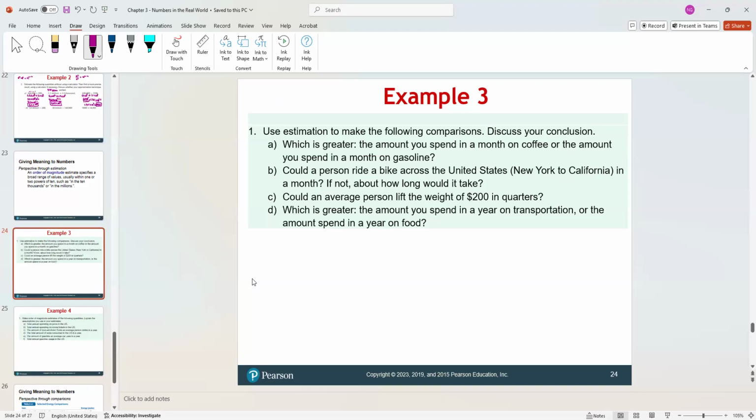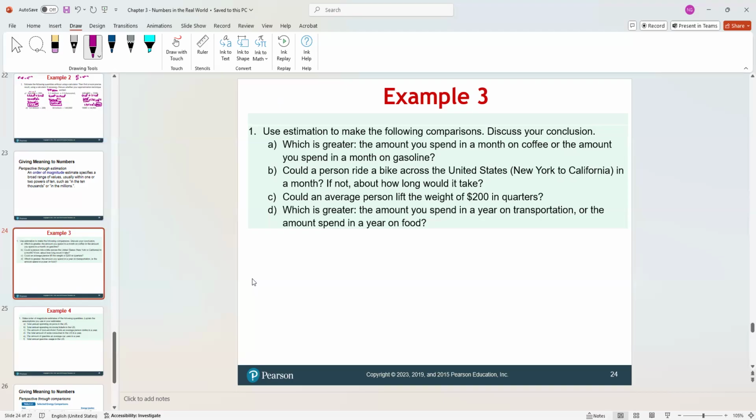So it all depends. Some people don't drink coffee. Some people would drink latte. That's about $5. Some people will drink only regular coffee. That's $2 or $3. Even one coffee per day for $3, that makes it $90, but gas would be $150, right? So if they ask you another question,